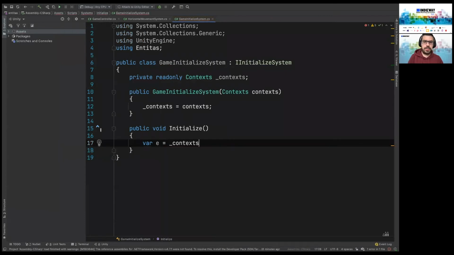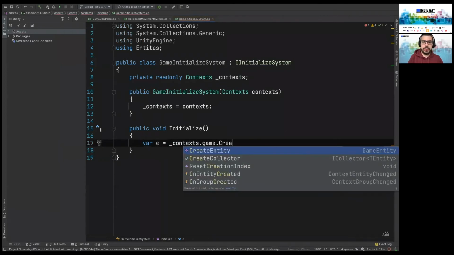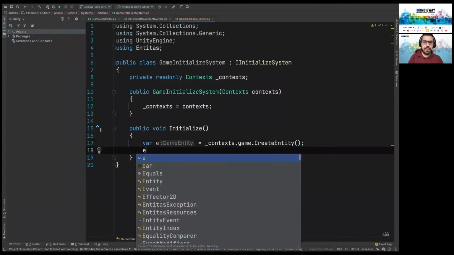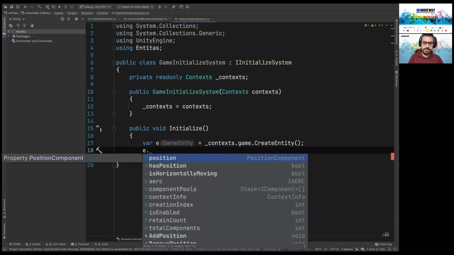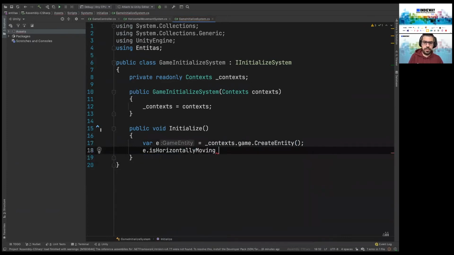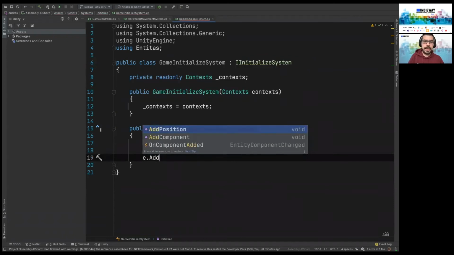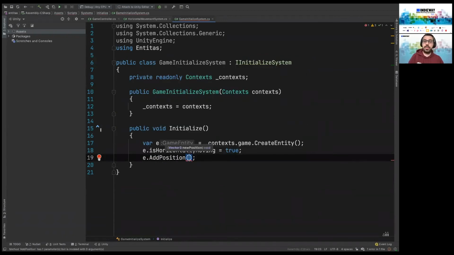I am creating one entity. Horizontally moving is true, and Entitas actually generates them all for me. These are flag components, and it is changing it automatically to horizontally moving and adding the position as well.